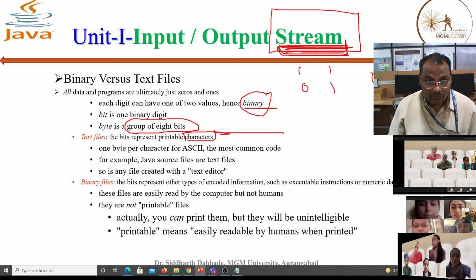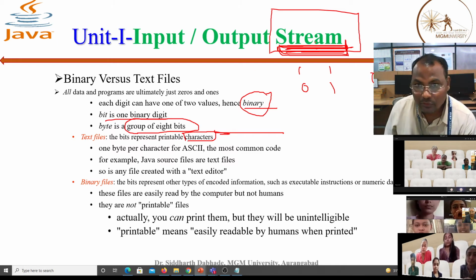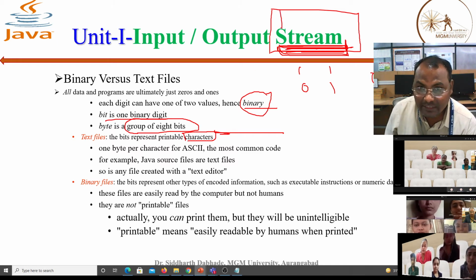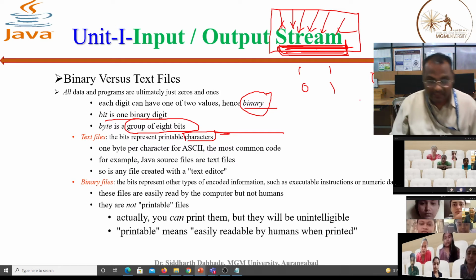Bit is one binary digit. So how many bits are there? 6. Right, 6 bits are there.